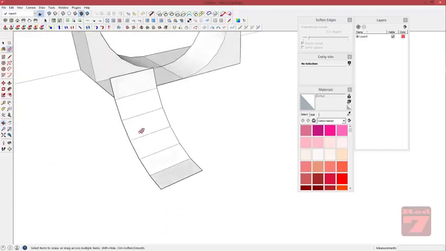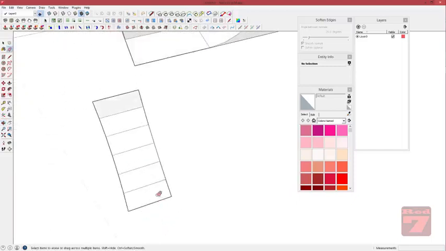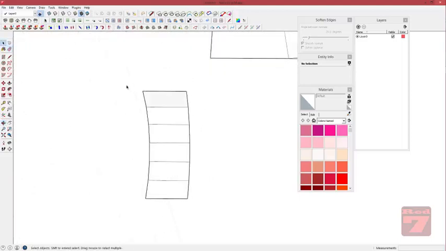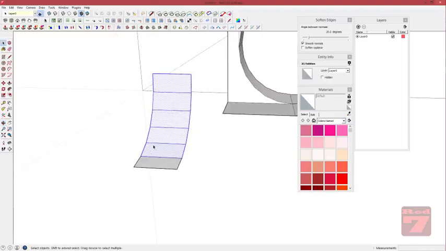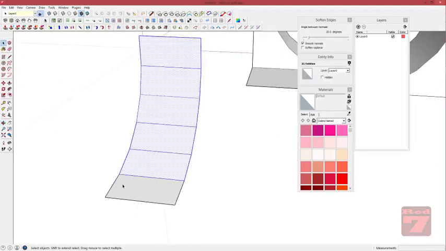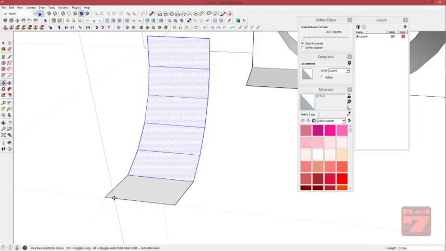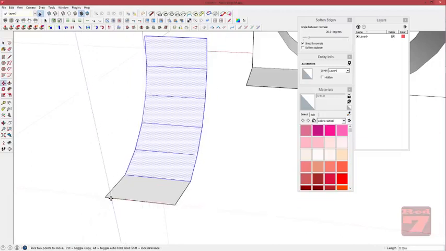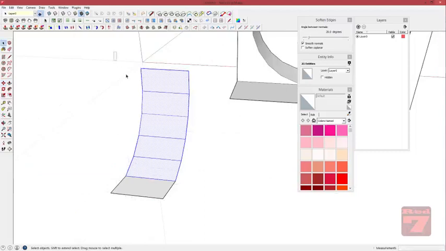But how are we going to make a loop with just this quarter of a cylinder? Well, there's the thing. We're going to select this quarter of a cylinder, except this one last segment, and we are going to use the Move tool and move it slightly to the right. Then we are going to select everything except these last two segments, and once again move it slightly to the right. If possible, with equal